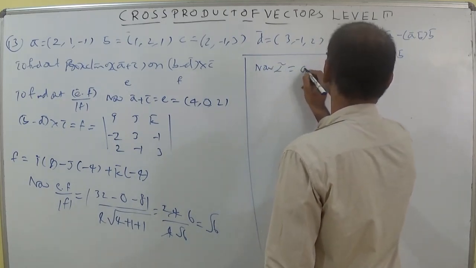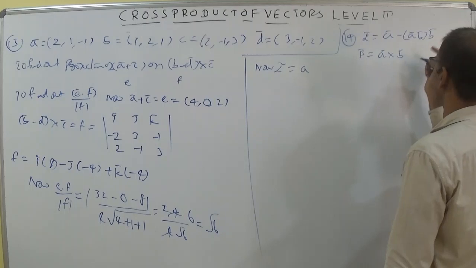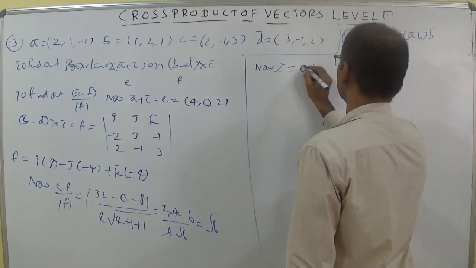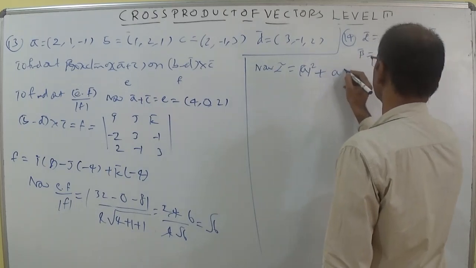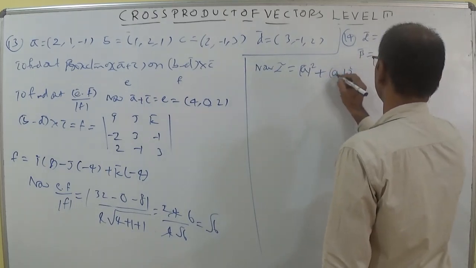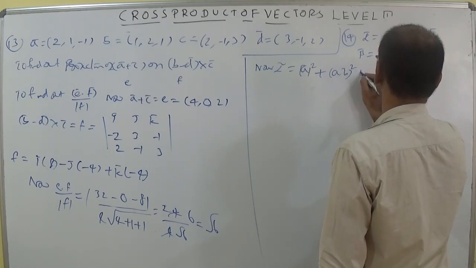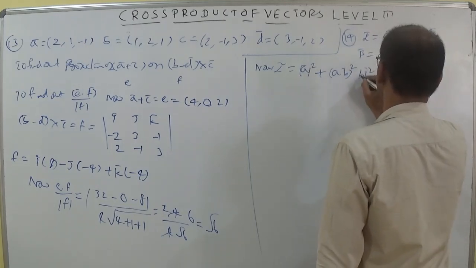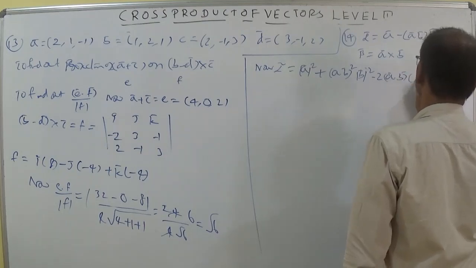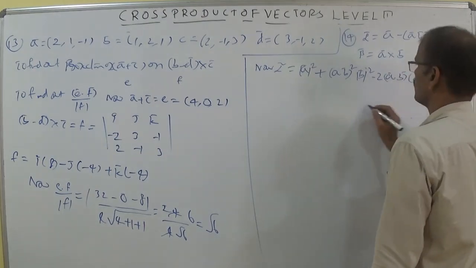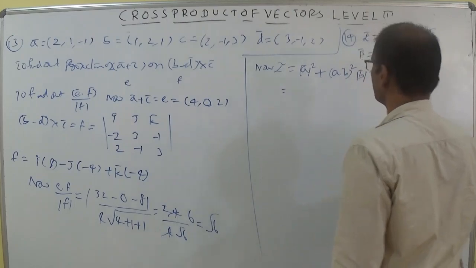Consider alpha square. Alpha square means A minus B whole square. Like that you write. Modulus of A cross B square. This one, A bar dot B bar whole square into modulus of B square, minus 2 into A bar dot B bar into A bar dot B bar. According to A plus B whole square I have written.